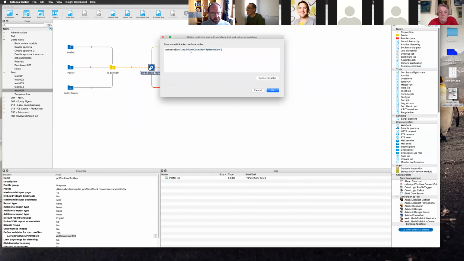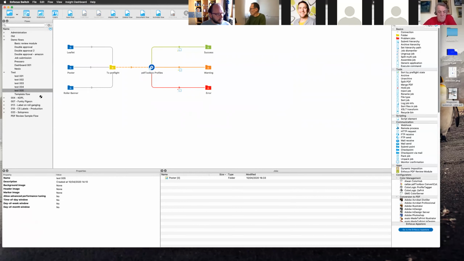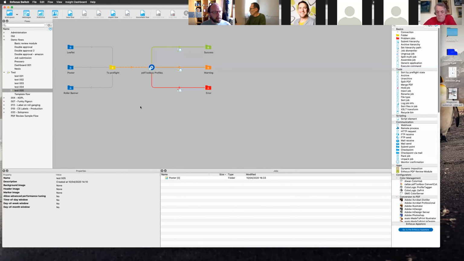So this ties the two parts of the workflow together. It connects something that exists in the Switch universe, and it passes it on to something that pdfToolbox knows of in its profile that we're using. So I can say OK, and OK. And then if I now process this file, what I would expect